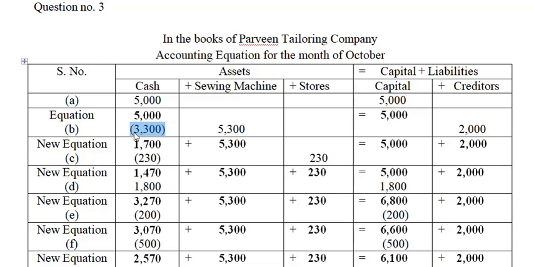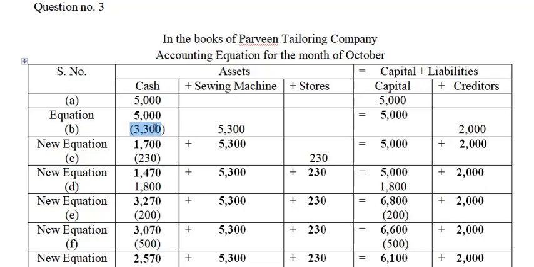This is actually being subtracted out here. So you can use the minus sign, instead of bracket, minus 3,300. But why have I used a bracket out here? Because in accounting, this bracket means subtraction. If there is any figure inside the bracket, it is a negative figure. It is being subtracted. If you start practicing this way from class 11 only, it will be very helpful when you reach class 12.